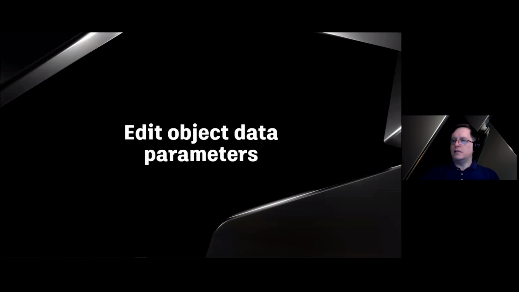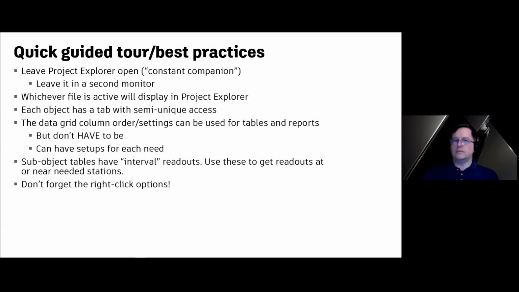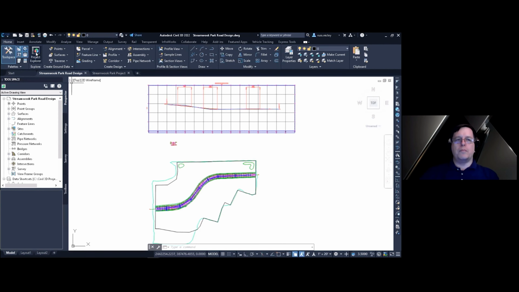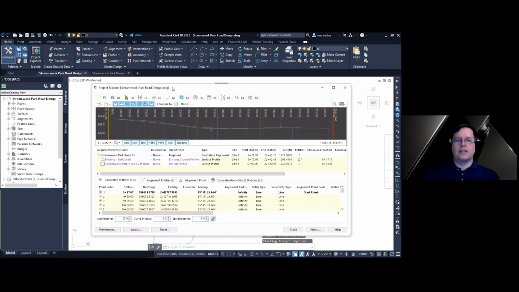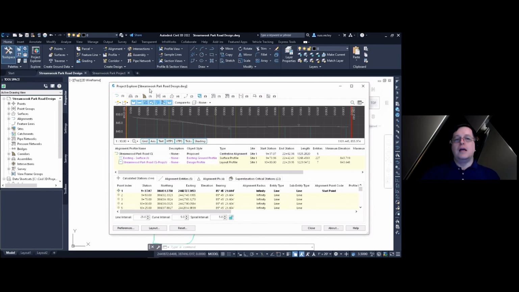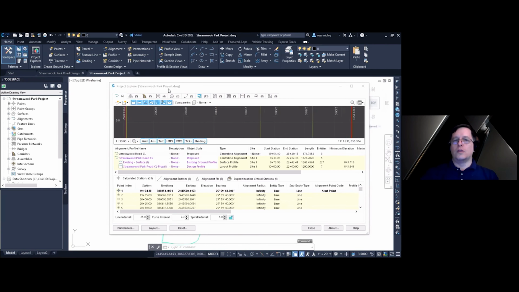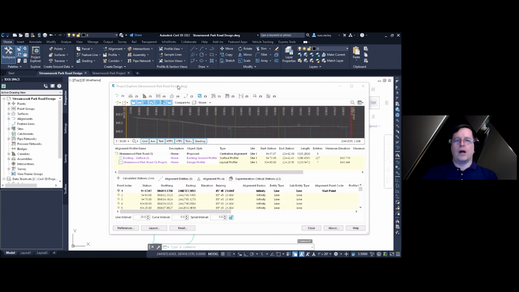So with that, let's look at Civil 3D. I'm going to open up Project Explorer. In 2022, it is in the Home tab of the ribbon now. And in here, first thing that I want to point out is, as I mentioned, the drawing file name will be at the top of the window so that you can confirm, first of all, which file is active and also which file you are dragging information from or seeing information from. If I switch over to my Park project here, notice now it reads Park project at the top, and you saw the screen kind of flicker as things change to match that. I'm going to go back to the Park Road project there.